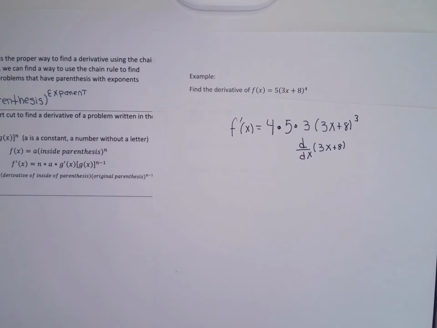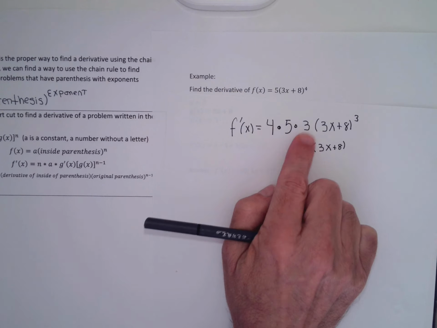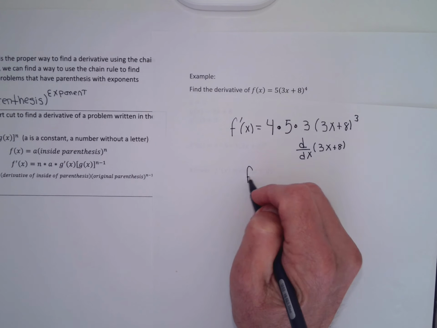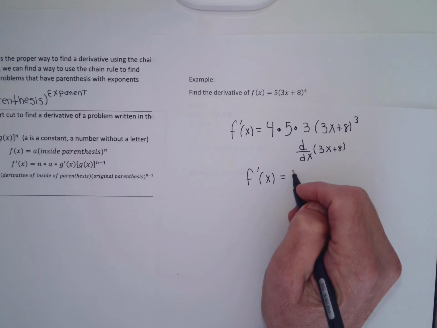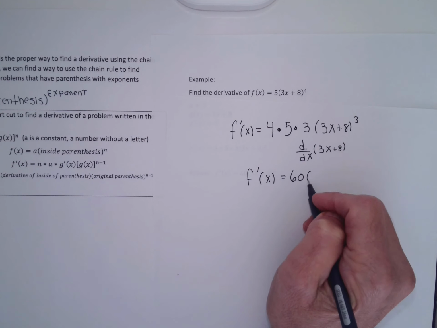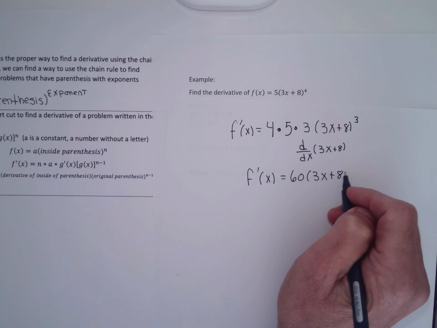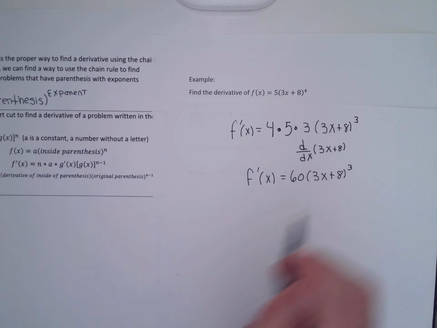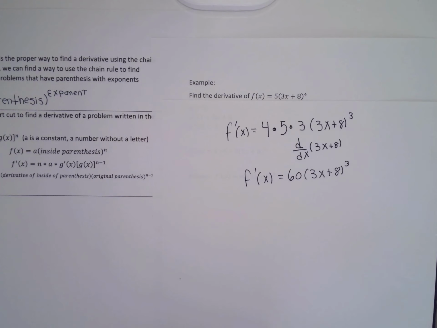And now I'm going to write my derivative after I simplify this. I'm going to go 4 times 5 is 20, times 3 is 60. The derivative using the chain rule is 60 times (3x plus 8) to the third power. In the beginning of the video, well, if I was going to lecture at the beginning of the section, I'd probably explain better how this rule works and why it works, but that's probably not the best use of our time. Let's do another one of these